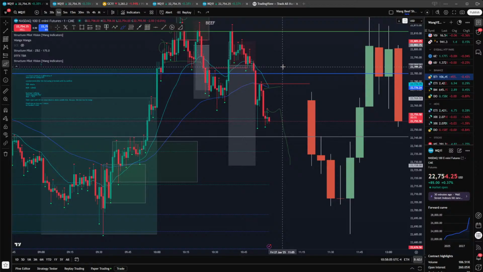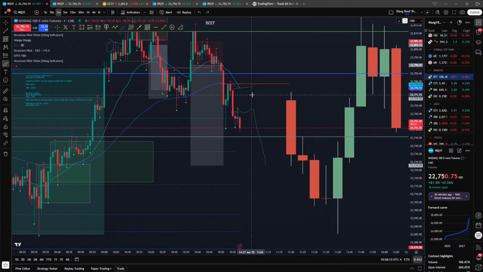We needed to not close giving a body above. So now the stop is tucked in here. Now that we traded below that low,